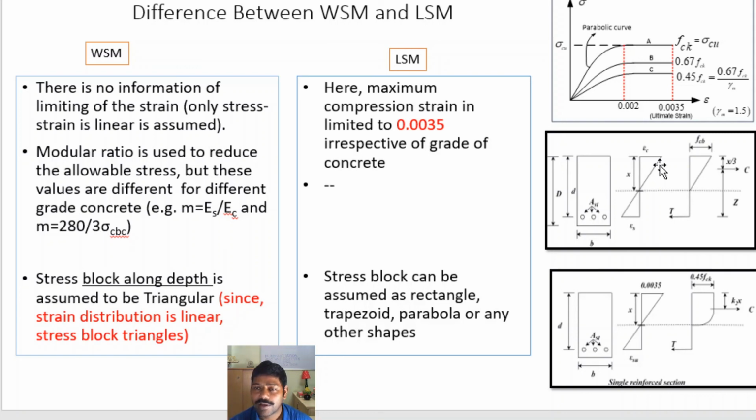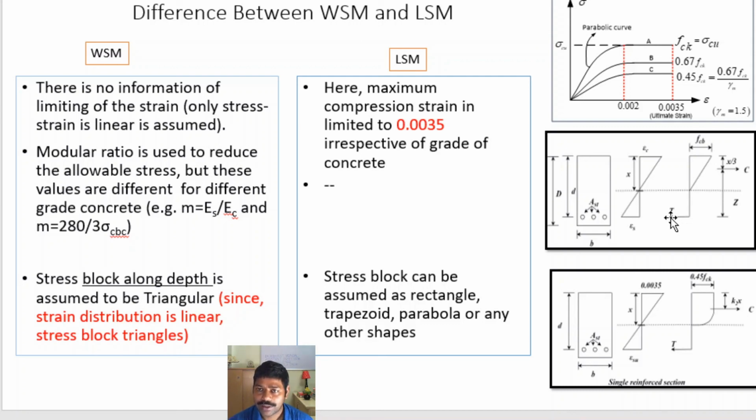And since concrete cannot carry the tensile force, only reinforcement is carrying the tensile force. So there is only one line here. There is no distribution below the neutral axis like the one above it. Below the neutral axis there will be tension, so we are neglecting the tensile stress capacity of the concrete. Only reinforcement is carrying the load. This is your tensile stress carried by the reinforcement.